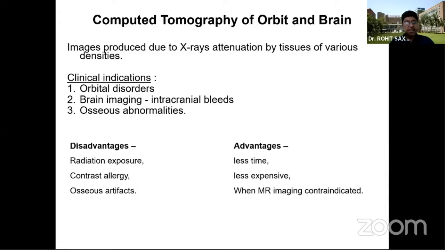The disadvantage is radiation exposure, which has been a lot in discussion during this COVID times. Of course, contrast, because more often than not, you need that. And if you're actually not looking at bone, the bone actually creates a lot of artifacts, which make it difficult for us to appreciate or understand. Of course, it's a very, very quick screening time, very low cost,